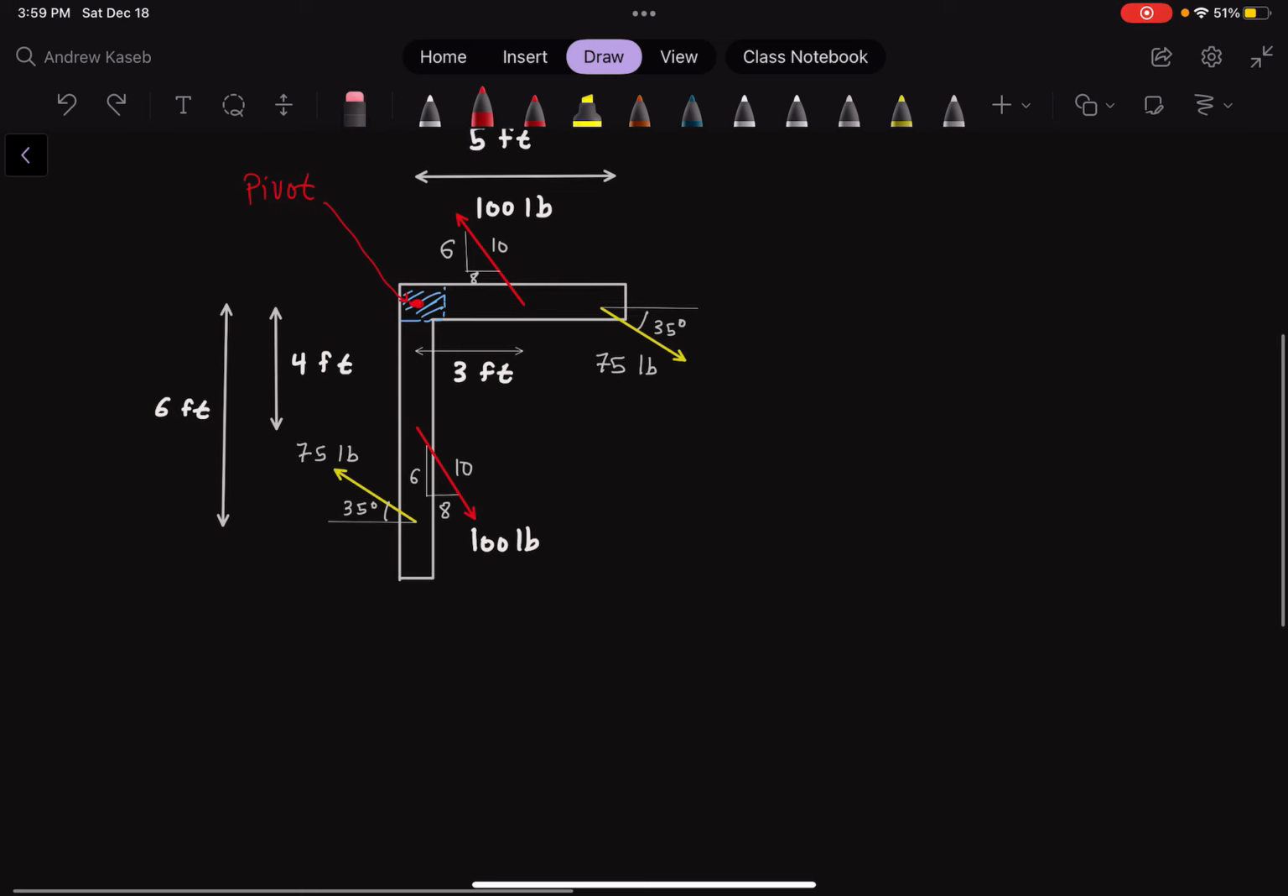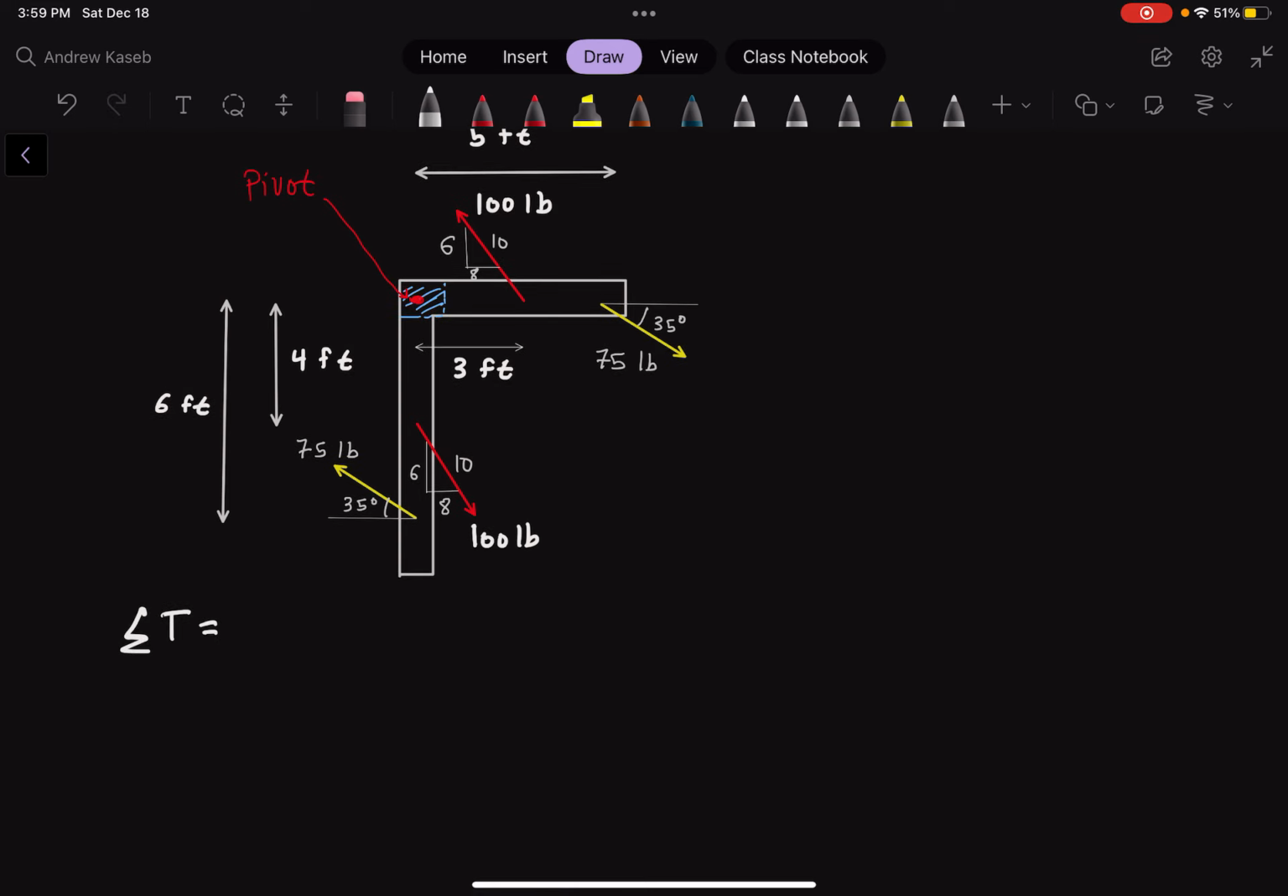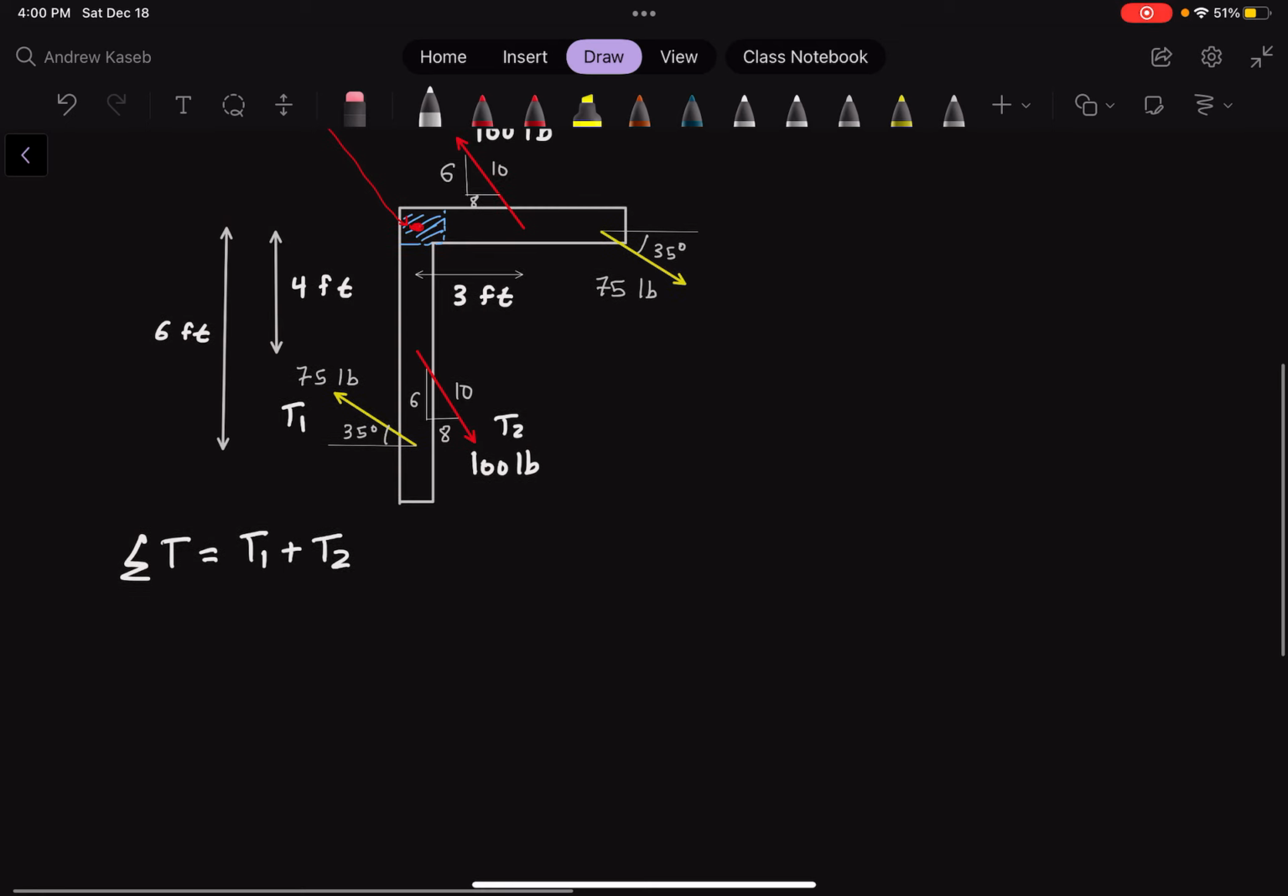So, like the usual, before you start any of these problems, you always have to say that the sum of the torques is the torque caused by the couples. So I'm going to call this torque 1 and this one torque 2. So torque 1 plus torque 2. So the sum of the torques is now equal to